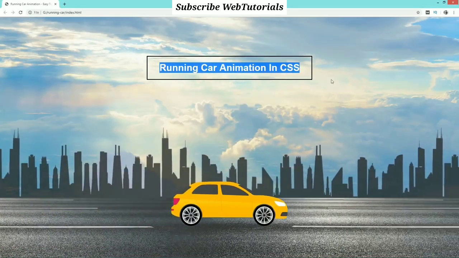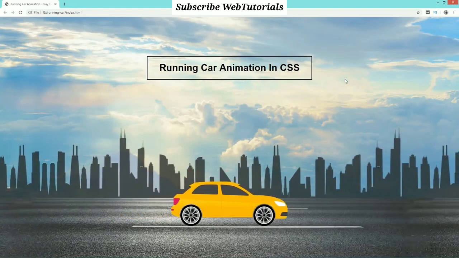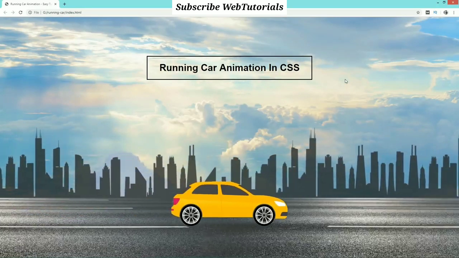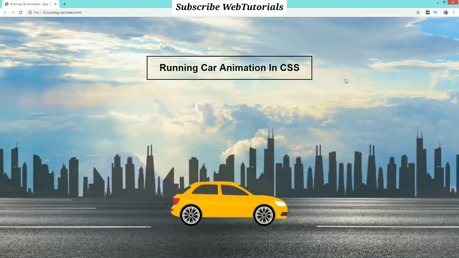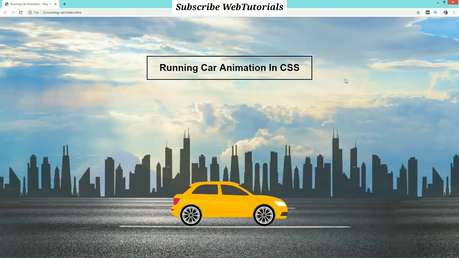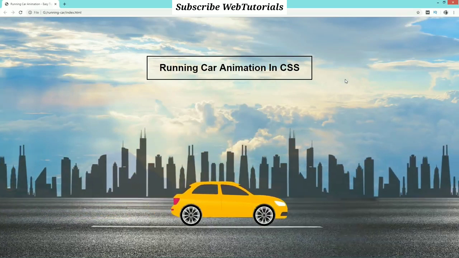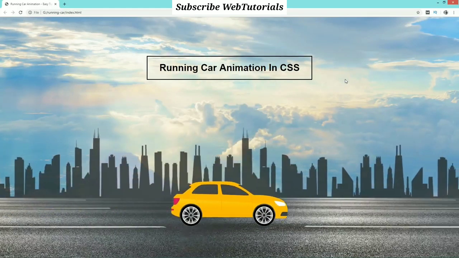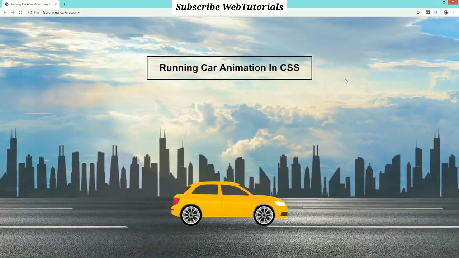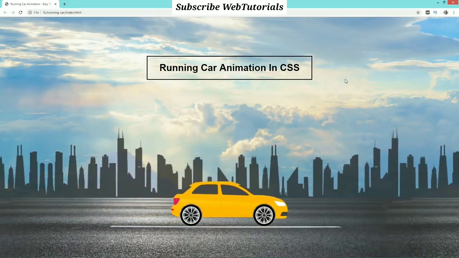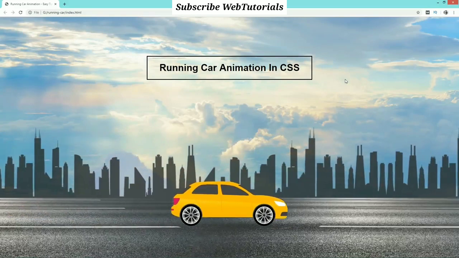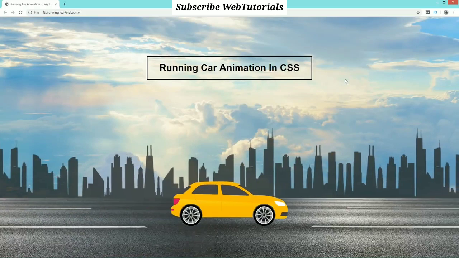I will show you how to create an animation using HTML and CSS. As you can see on my computer screen, here I have one website with moving car animation. I have different images here for background, city, road, car and wheels. The city, road and car images are moving and wheels are rotating at its position. So you will learn to make this running car animation using CSS, and you can find all the images link in the description, so that you can also make a website with animation.